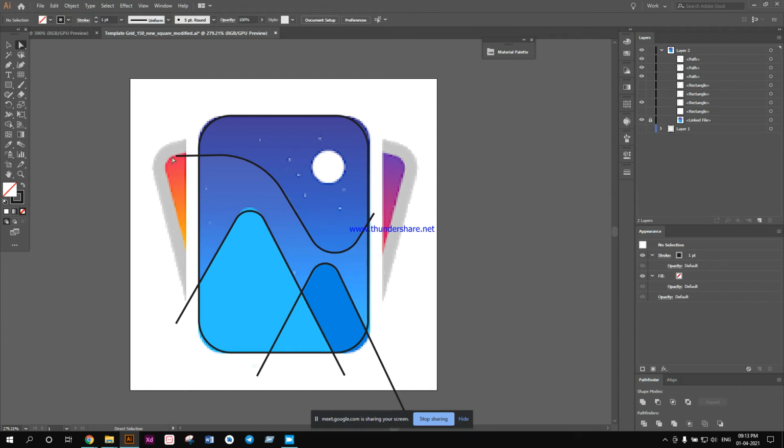And that's how I made this wavy thing. I am going to delete this anchor point, and then draw another from over here so that I can give it a more rounded look.